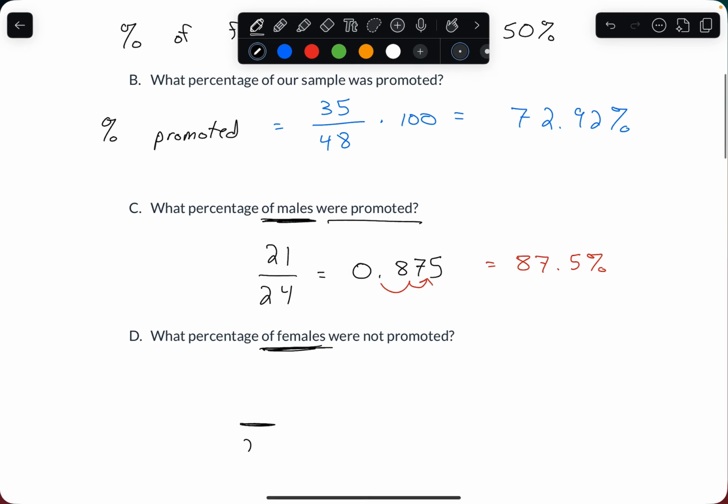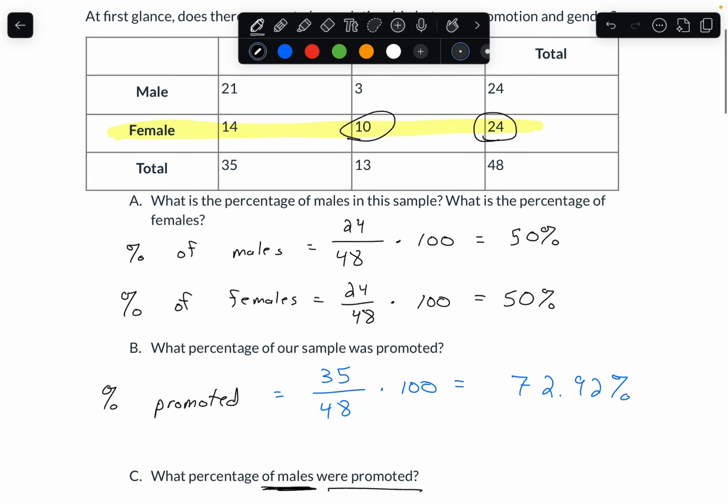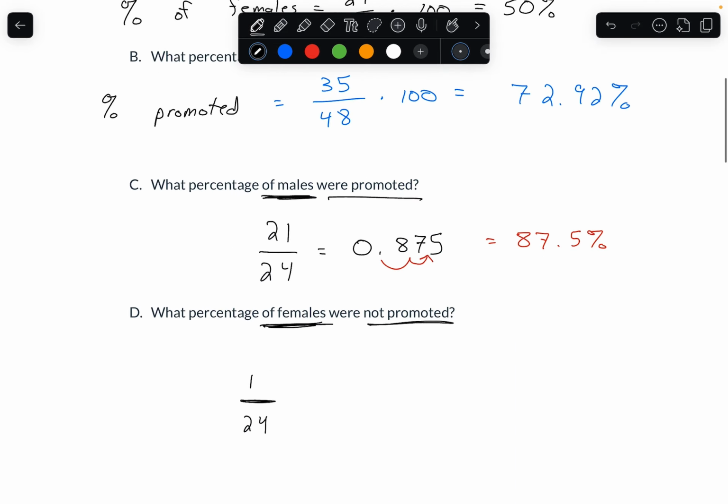So out of the 24 total females that we have, how many were not promoted? There were 10 of those individuals. So 10 divided by 24, if I wanted to give the decimal version again, this would be 0.4167, or if I wanted to slide that decimal again to the right by 2 spots, that would be 41.67%. So I would encourage you